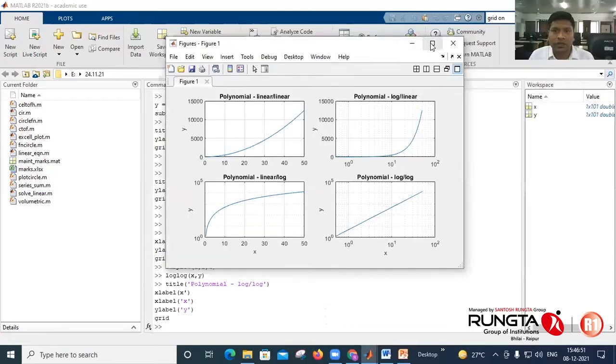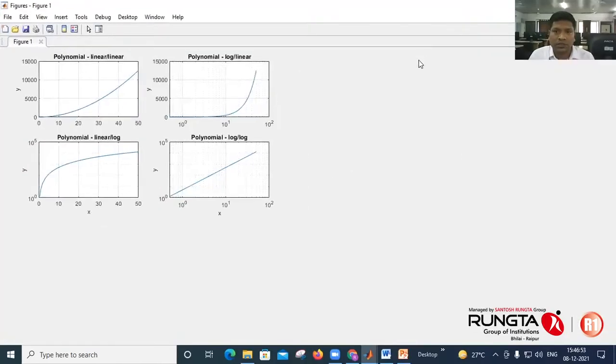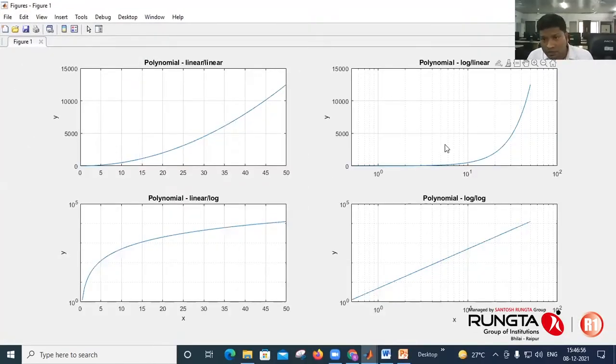So you can maximize this. So there are grid lines, but very faint ones. So this is the linear. So you have to use just plot X and Y. If you want log scale on any one of the axes, you have to type semilog X or semilog Y. Okay.